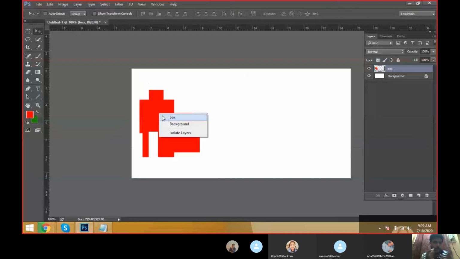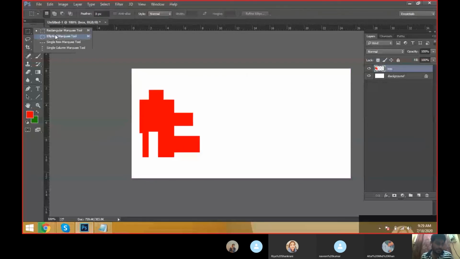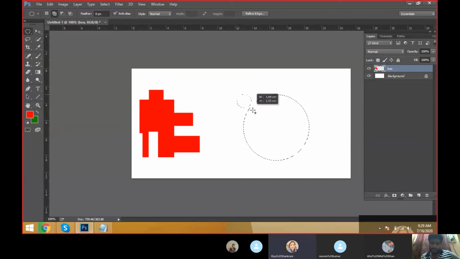Now let's see the elliptical marquee tool once. In the elliptical marquee tool also, take a selection and we have the same options. The rectangle properties we saw are the same properties applied to the rectangular marquee tool and the elliptical marquee tool. We can add objects, subtract, and intersect like this.